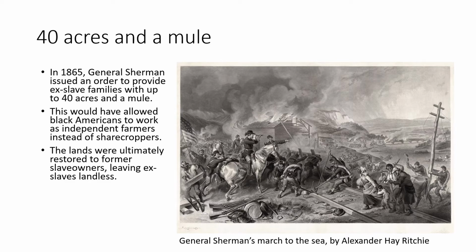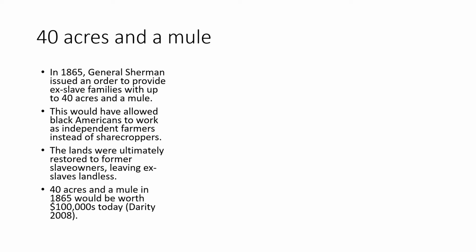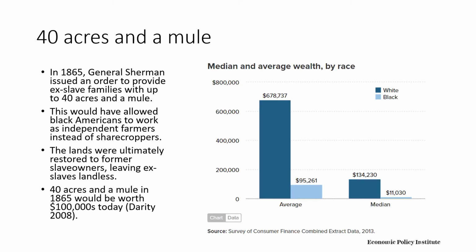But these lands were ultimately restored to former slave owners, leaving ex-slaves landless. And while 40 acres and a mule might not seem like a lot to you, in 2020 it is not worth a tremendous amount. But in 1865, if you took that and invested it, it would have been worth hundreds of thousands of dollars today. In fact, the fact that liberated slaves did not receive any wealth with the liberation explains a big part of the difference in wealth owned